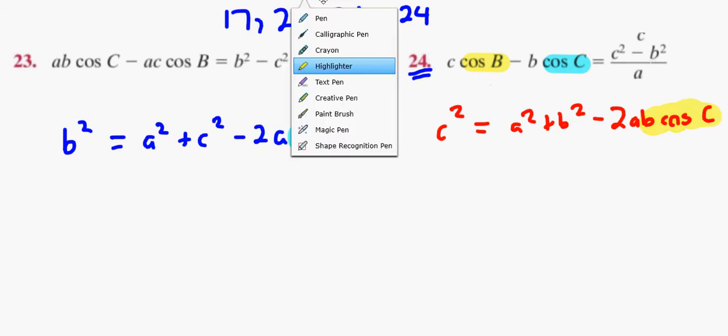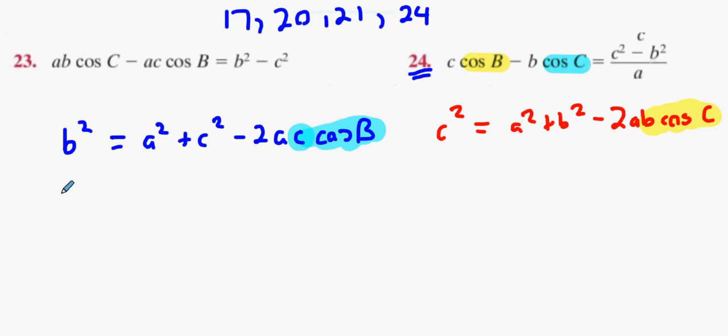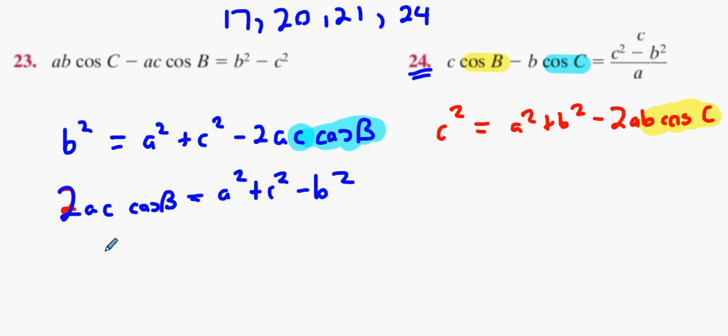I haven't done this a couple of times already, so it's going to be 2AC cos B equals A squared plus C squared minus B squared. Then we're going to get C cos B